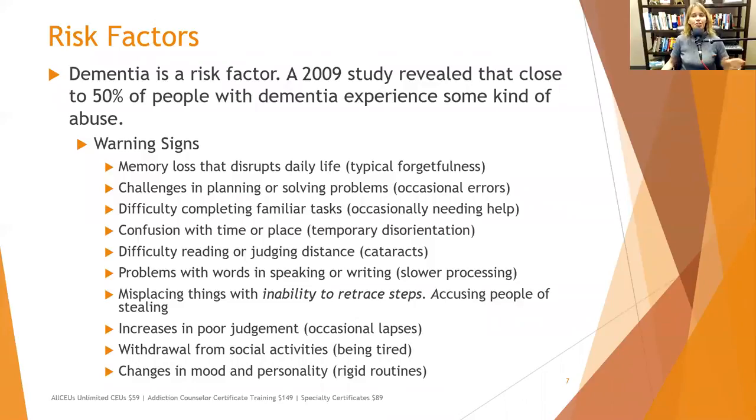People with dementia have confusion with time or place, and they can't seem to get regrounded, as opposed to temporary disorientation. As people get older, they will often wake up in the middle of the night and be disoriented for a moment. And for a moment is okay. When they start forgetting people's names and not knowing where they are, that's a much bigger cue as to what's going on. Having difficulty reading or judging distance can interestingly be a sign of dementia, but it also can be a sign of cataracts. So again, we don't want to jump to conclusions.